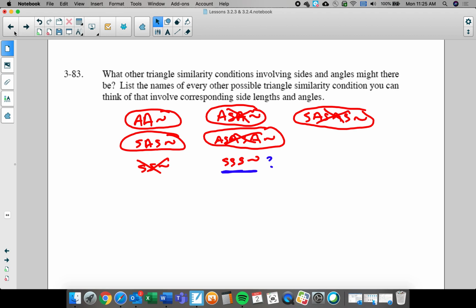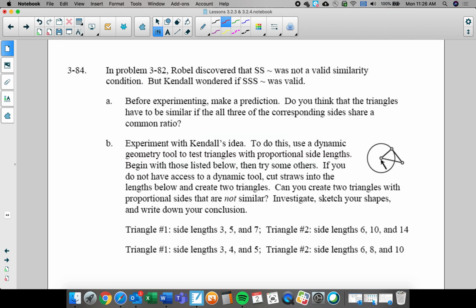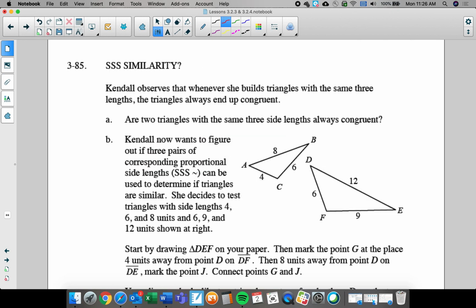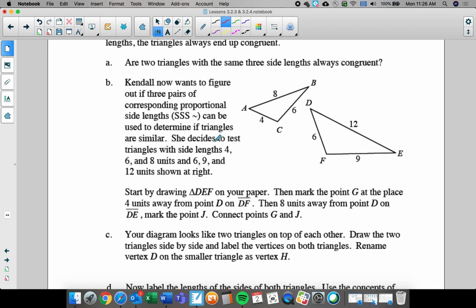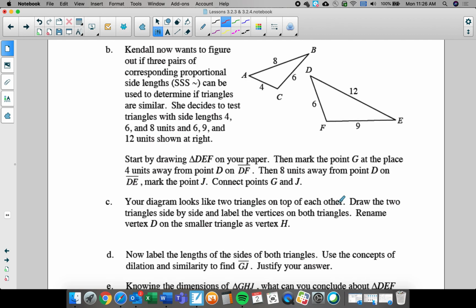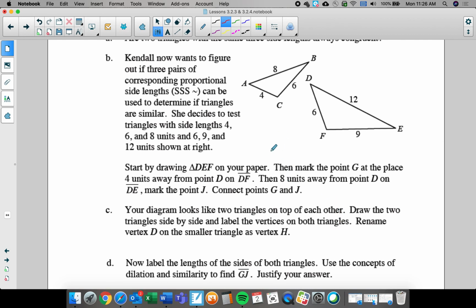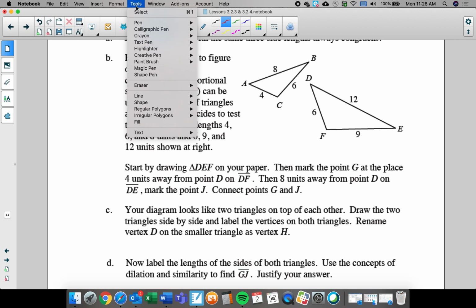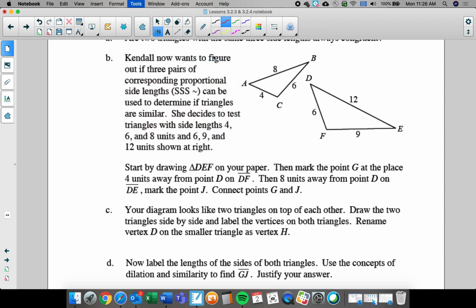this one is going to work. I'm going to add that to my list here. That is going to work as a valid reason. Okay, and so what I did is I already took a look at all of this information. We just did all of this kind of stuff. So that means that this will work, and therefore we now have 3 different pieces of information to prove that